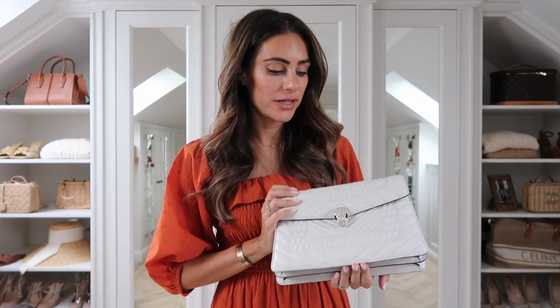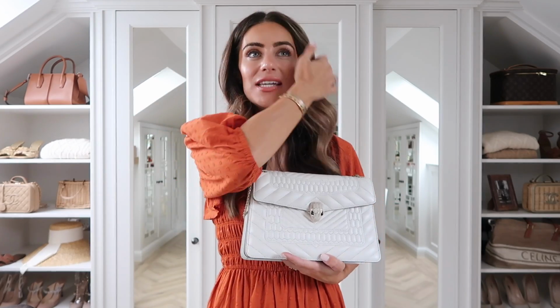Next up, we have my wedding gift from the Bulgari team. This was a gift that they gave to me on my wedding, basically, and I don't really tend to use it because I feel like it's really special, and it's one of those pieces that I keep as a bit of a memento. Like I've said in previous videos, you have those,